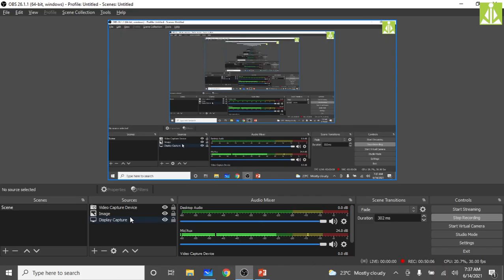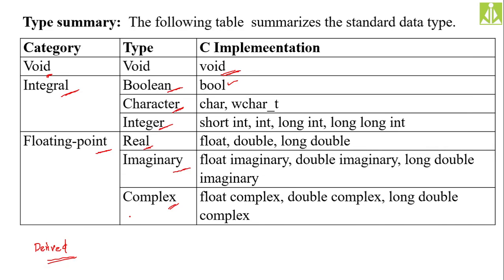Let me just check the timing. It is almost 50 minutes, so we need to stop the lecture over here. This data types concept is an important concept for your mid exams. Maybe we can frame one LAQ from this data types. So you need to be very sure about data types.